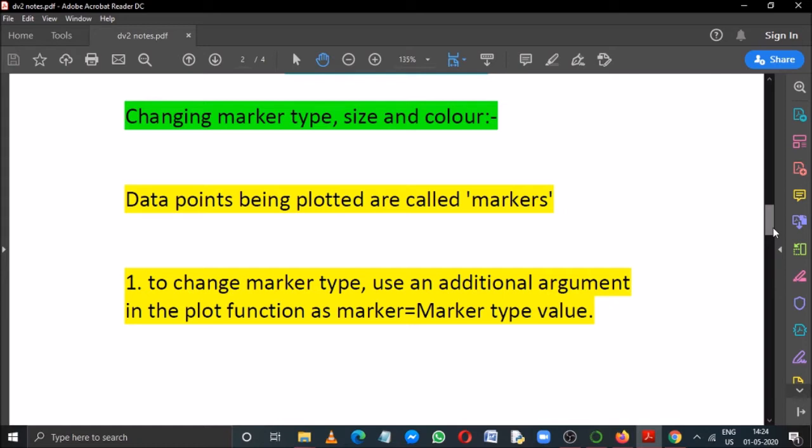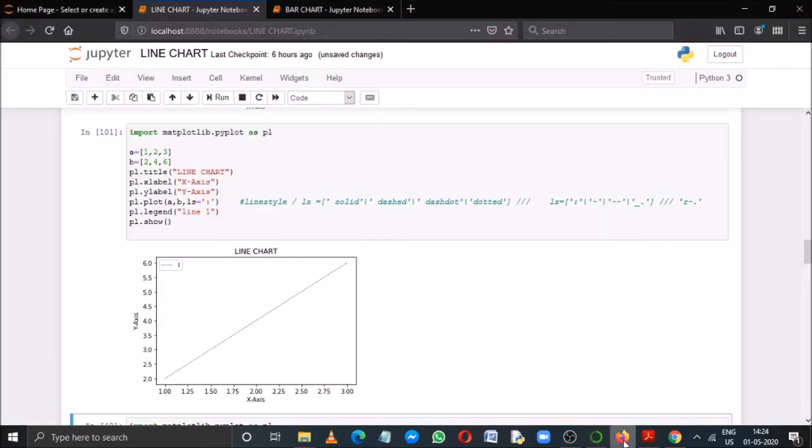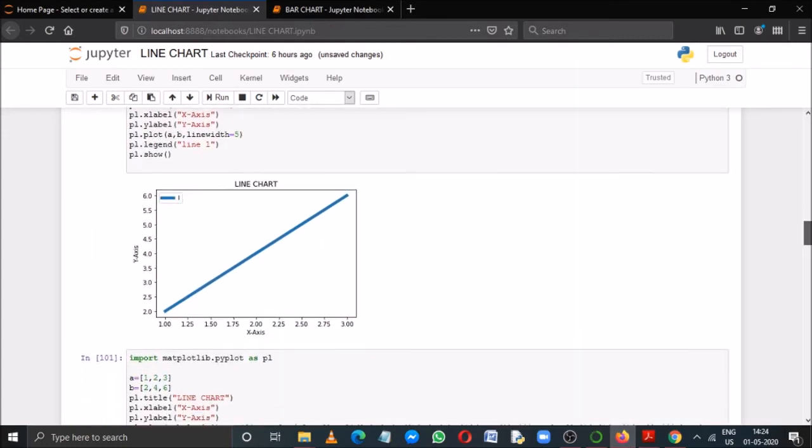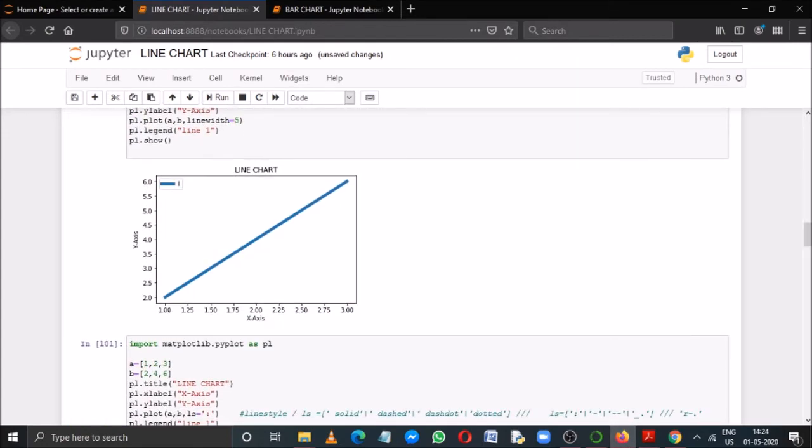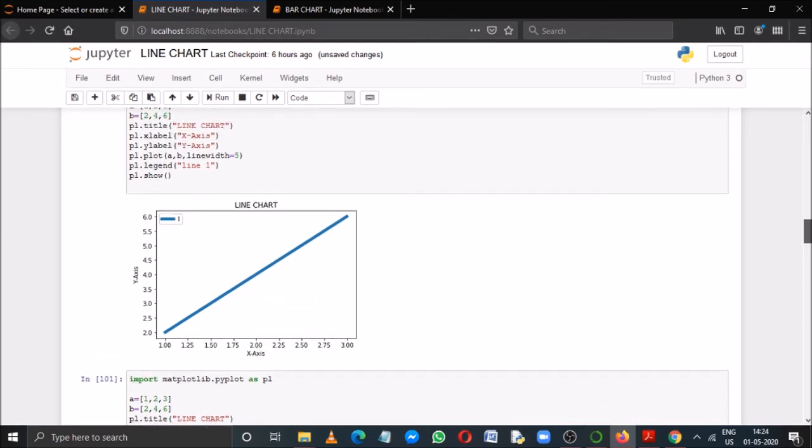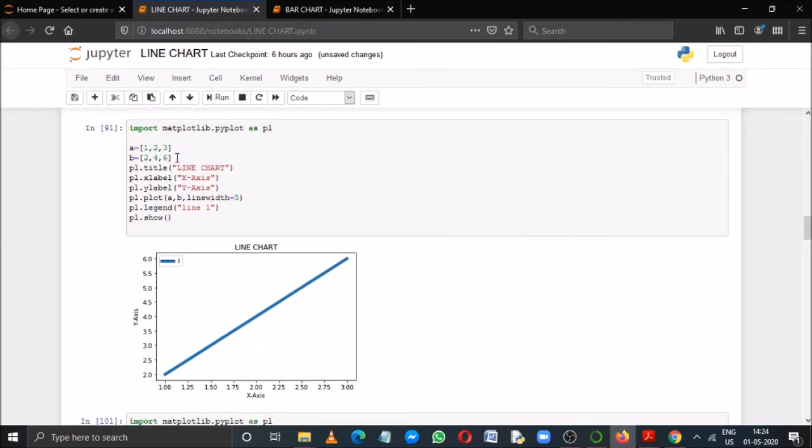See, the main problem that we have faced till now in a line chart is that the actual coordinates are present, but we have to assume them by looking at the line. We don't know the position of the actual points, that we have to understand by understanding the program code.